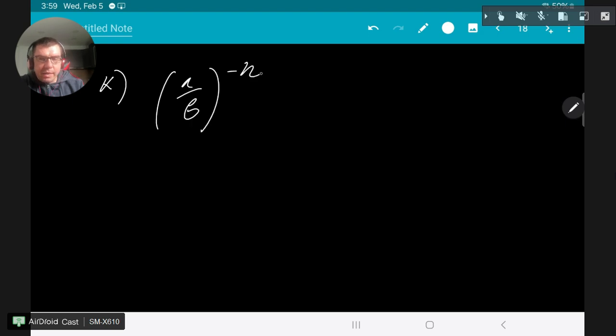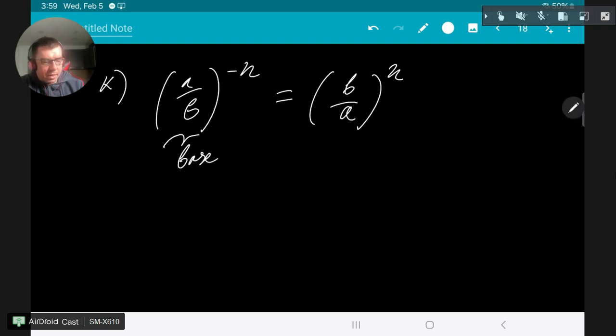And then even more general than this, so A, B, C, D, E, F, G, H, K. Let's write it K. The more general even than this is a over b to the power of minus n is b over a to the power of n. How do I show that? Well, I showed by the previous rule, this is my base. So if I have to make the reciprocal of the base, so proof: